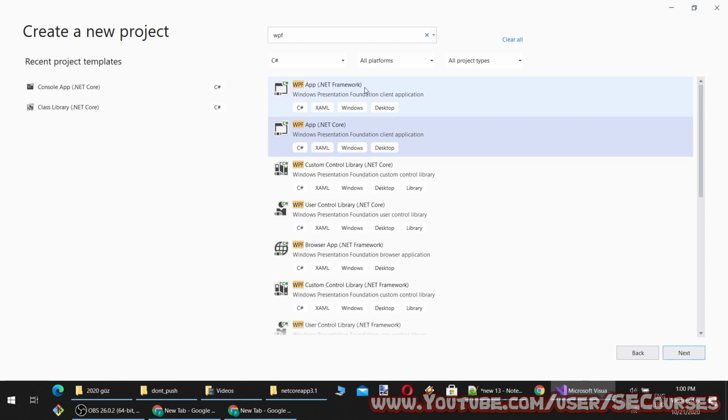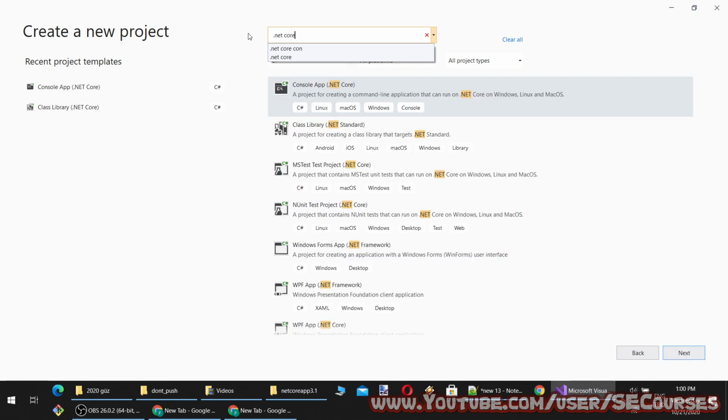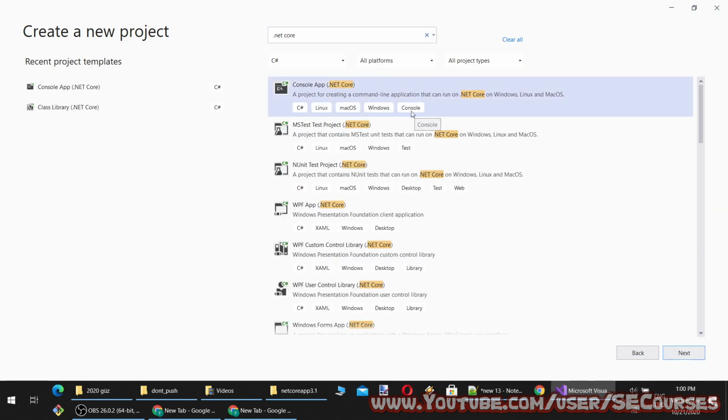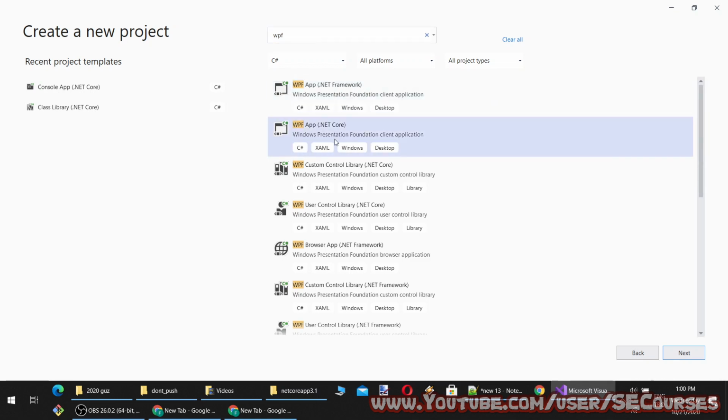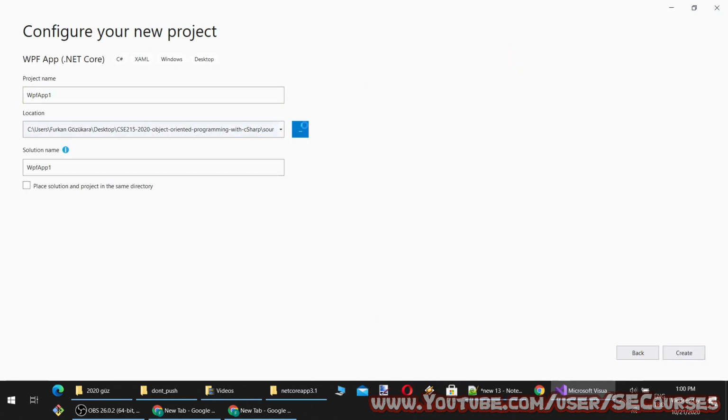You can also compose WPF .NET Framework. You see they are targeting the same systems because this is an application that is dependent on Windows. It wouldn't work on other platforms. However, a .NET Core console application would work on macOS or Linux as well because it is using a command interface, and WPF is using a Windows interface. So I'm going to compose WPF .NET Core and take the folder.